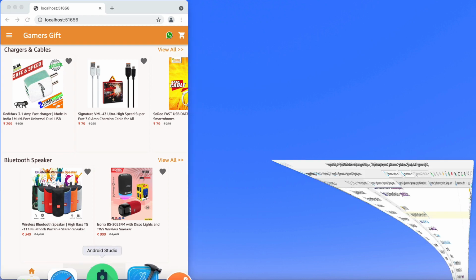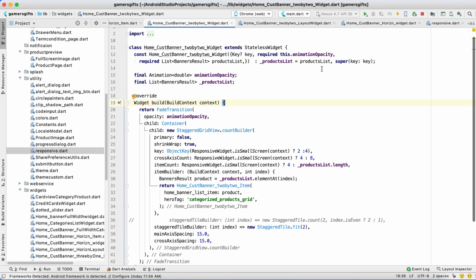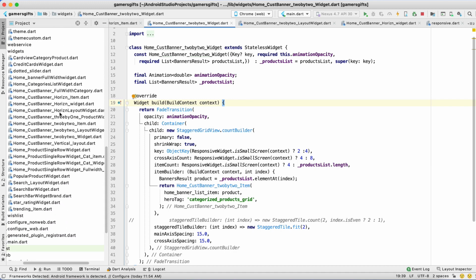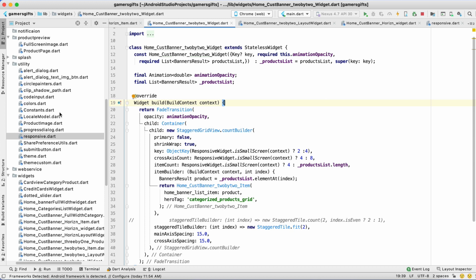So let's move to the coding part. As you can see, there are a lot of files, or you can say widgets, I have created. The important thing is the utility. On every project I create one separate utility folder. Suppose the color and alert box, because these are common things and we need to use the alert box throughout the application, so we create it as a common widget. Whether it is Flutter or a native Android or iOS app, we create a separate utility folder.